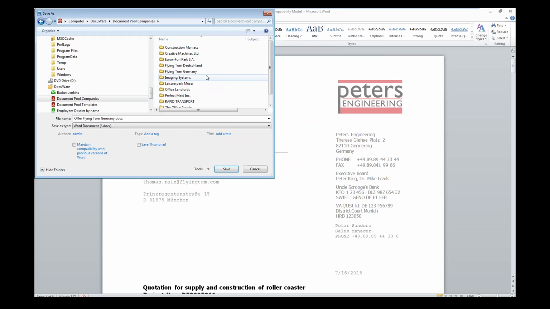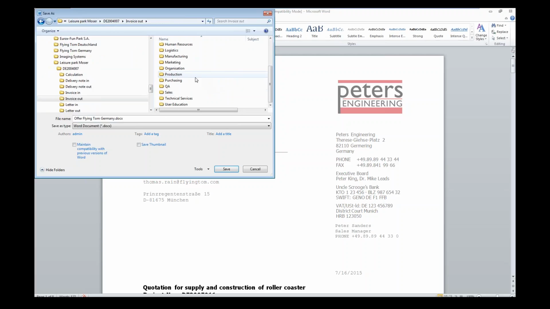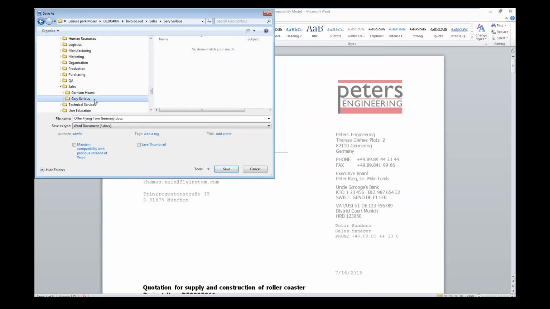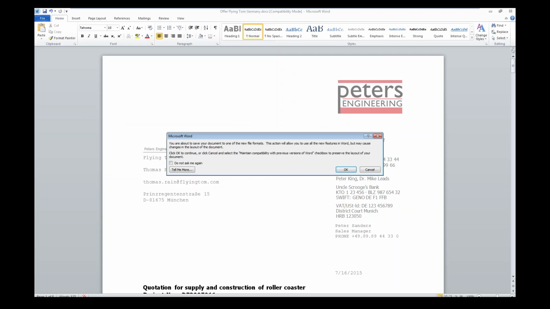And maybe where I would put this would be in my Leisure Park folder. And maybe I have a specific project folder I store that in. And maybe my document type would be an invoice out for my sales department. And here's my folder. So here's where I store my documents. When I bring that up and I drill to my location and I save, now what I've done is index this document